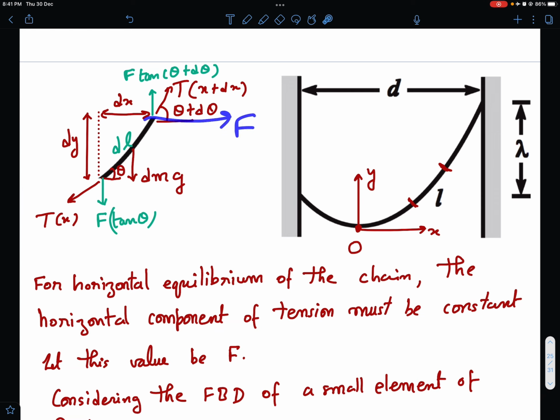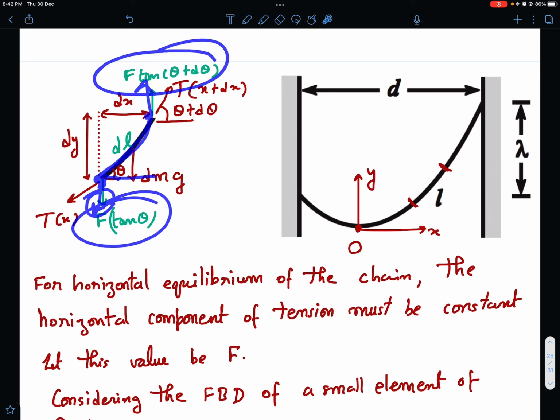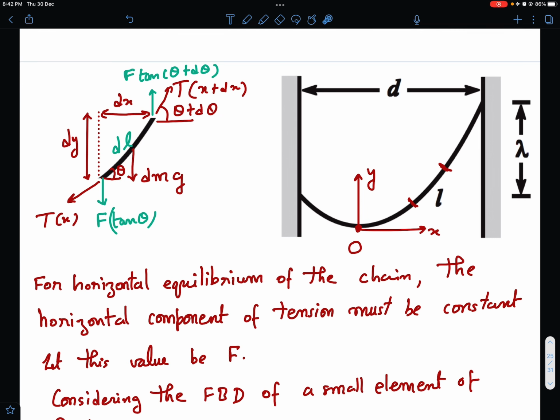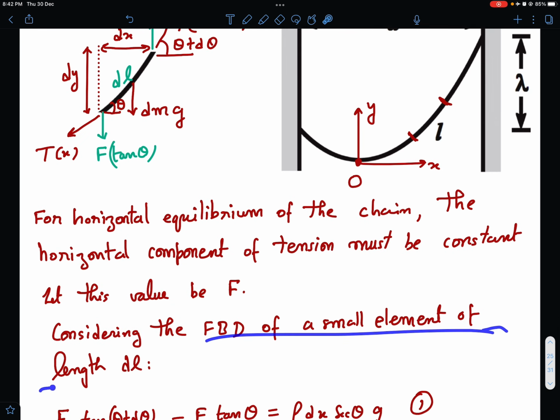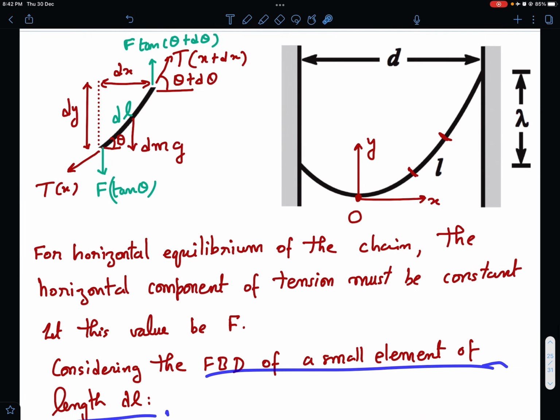If the horizontal component of tension is F, then what is the vertical component of tension? Let's say this chain makes an angle theta with the horizontal somewhere. If this is F, then the vertical must be F tan theta, right? Simple vectors. On this element, let us say this angle is theta, so the downward force because of tension becomes F tan theta, and here the upward force becomes F tan(theta plus d theta), because here the angle is taken as theta plus d theta. So considering the FBD of a small element of length dl,